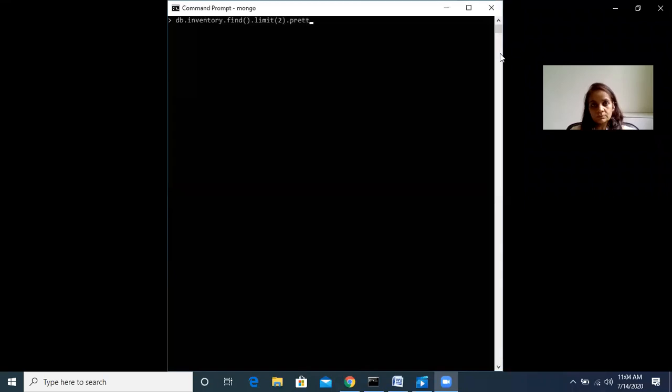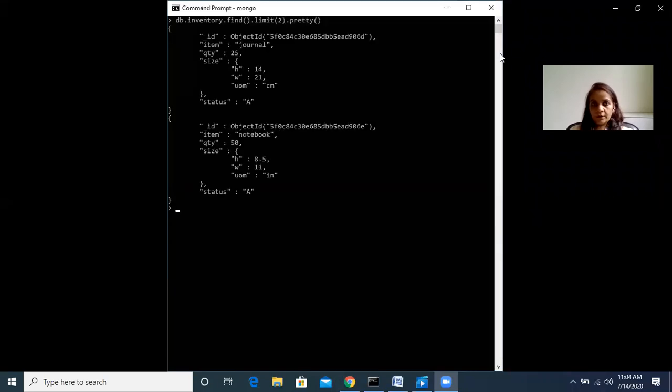The query will be db.inventory.find.limit. Let us limit our records to 2. Pretty we use for formatting the record. Now only 2 records are displayed. First 2 records will be displayed.